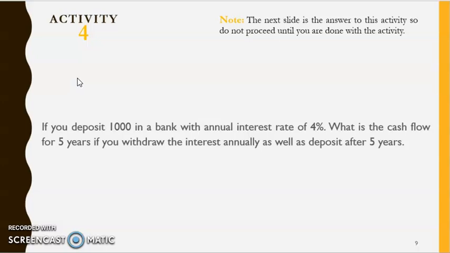So it says, if it is the case, what is the cash flow and how much would be the deposit after 5 years? Please put good time on this question, my friends, and for this you need to draw a table for year 1, 2, 3, 4, 5 and do some math.